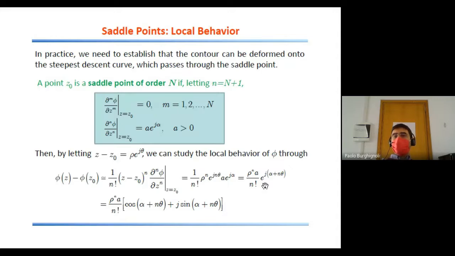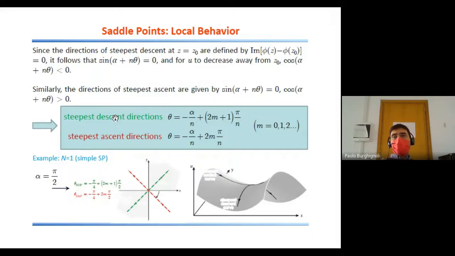And now we can split this exponential in its real and imaginary part by making use of the Euler formula to have what you can see in the square brackets, the sum of a cosine plus j sine of the argument alpha plus n theta. Okay, now everything except for the imaginary unit is real, and we can study the behavior of the increment of the function in a neighborhood of the saddle point by observing this specific form. In particular,